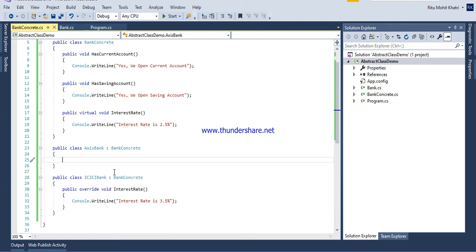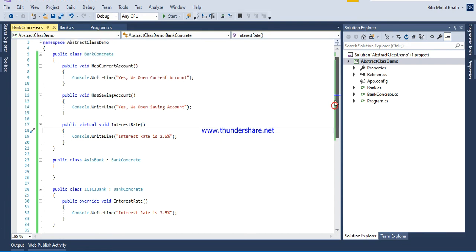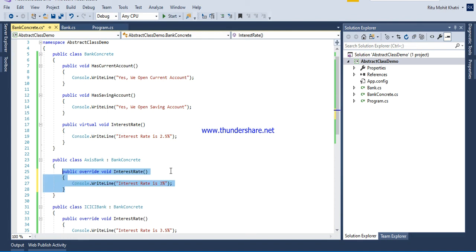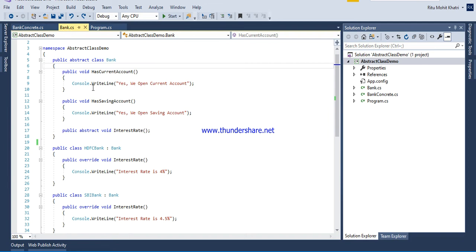For example like this, then you will be using the wrong data. That is within the parent class that was 2.5%. Okay, so this is another good reason why we should use the abstract class when we basically want to have common functionality in the parent class.